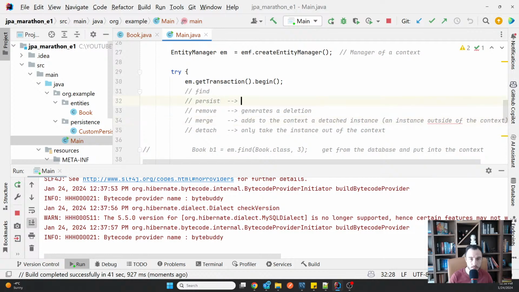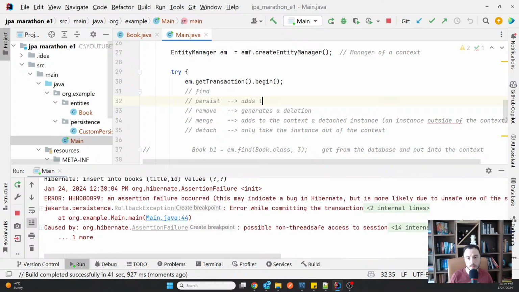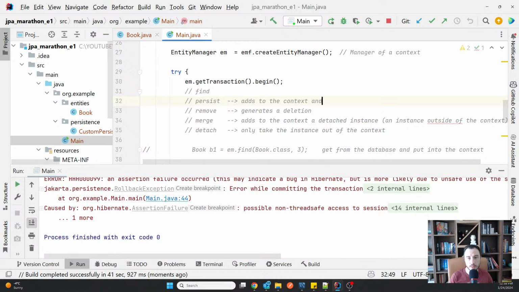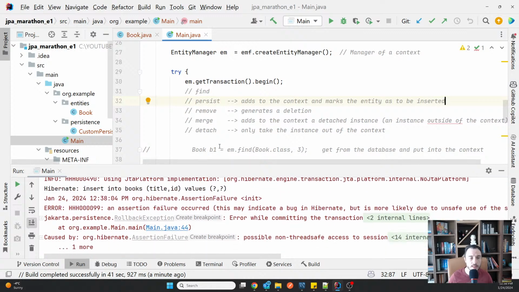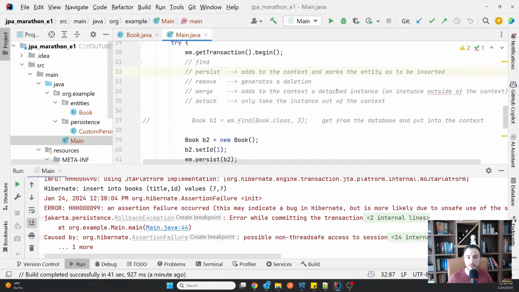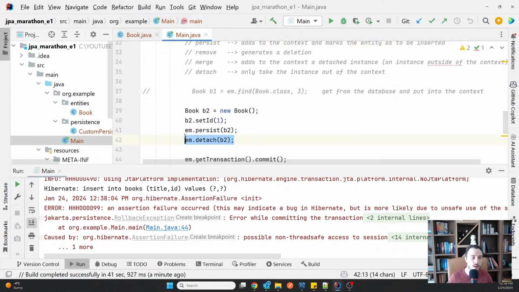Persist adds to the context, and then adds or marks the entity as to be inserted. Yeah, and we can see it's an exception because it has a marked-for-persistence, marked-to-be-inserted entity, which has been taken out of the context.